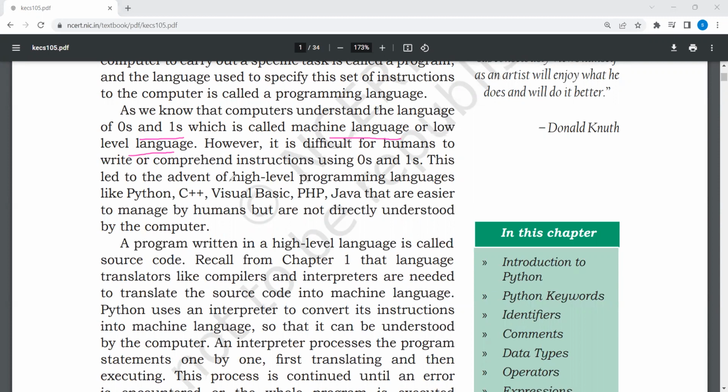This led to the advent of high-level programming languages like Python. Python is a high-level programming language. C++, Visual Basic, PHP, Java are easier to manage by humans but are not directly understood by the computers.